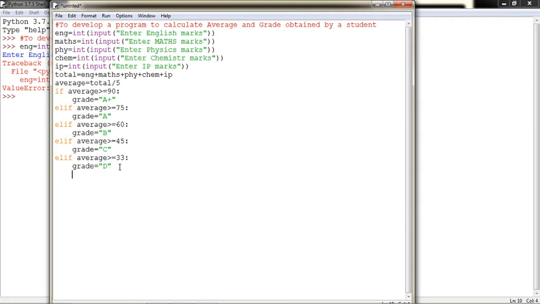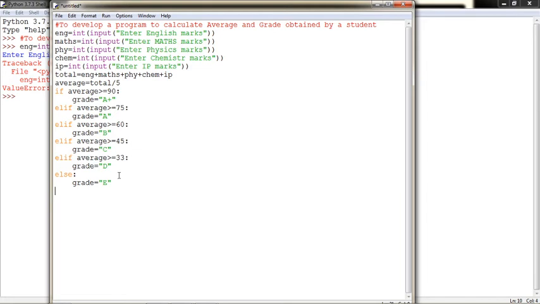एक आप else में डाल दीजिए. else में जो डालेंगे that will go if average is less than, that means below 33, because greater than equal to 33 is tested. So else में क्या होगा, last criteria, whatever criteria is left, that is less than 33. So grade is equal to, suppose, E grade.